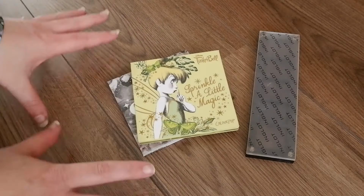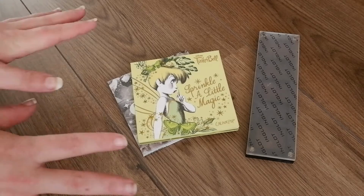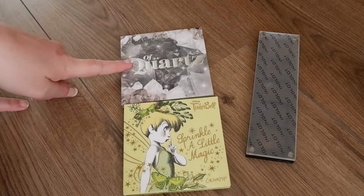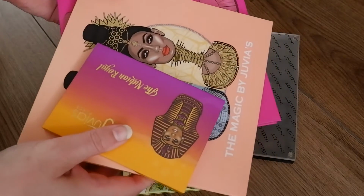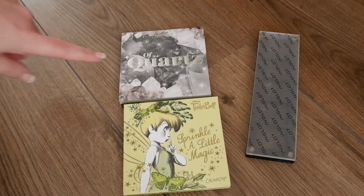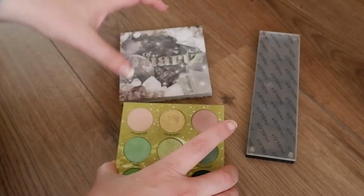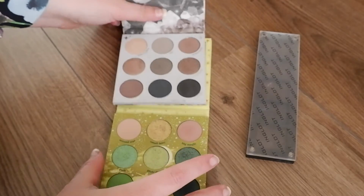Okay, so I have to film this video in separate sections because there are different things I need to do with these palettes. So the first thing I need to do is to reorganize my Of Quartz and Sprinkle a Little Magic from Colourpop, because I want to reuse the Of Quartz to repurpose some of my Juvia's Place into. So these I want to declutter, but then there's a couple of shades that I want to repress into the pans that are going to end up in the Of Quartz, but that does mean that I will be selecting my favorite shades from the Sprinkle a Little Magic and my favorite shades from the Of Quartz